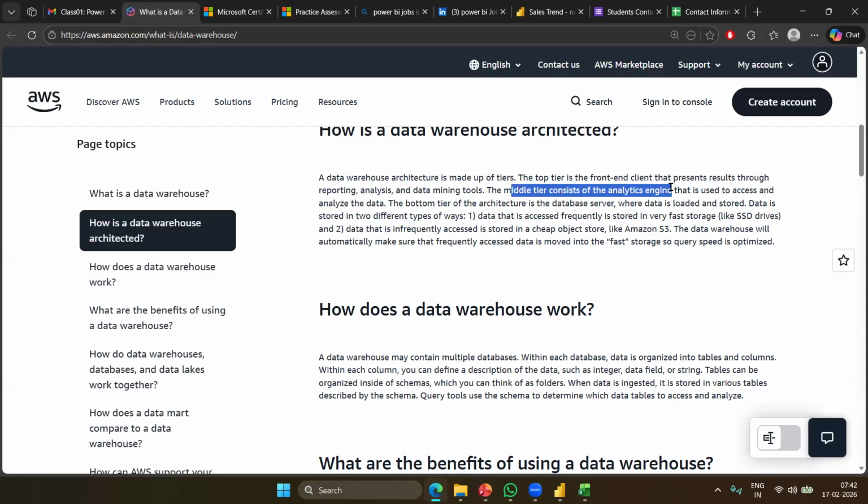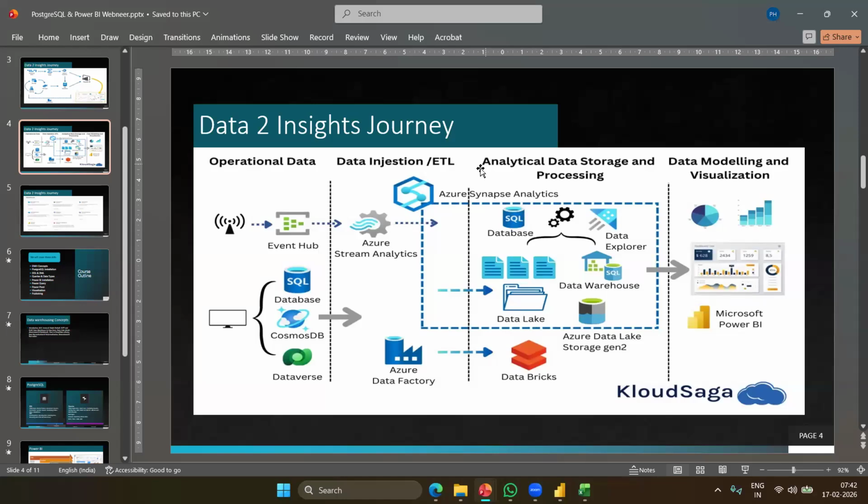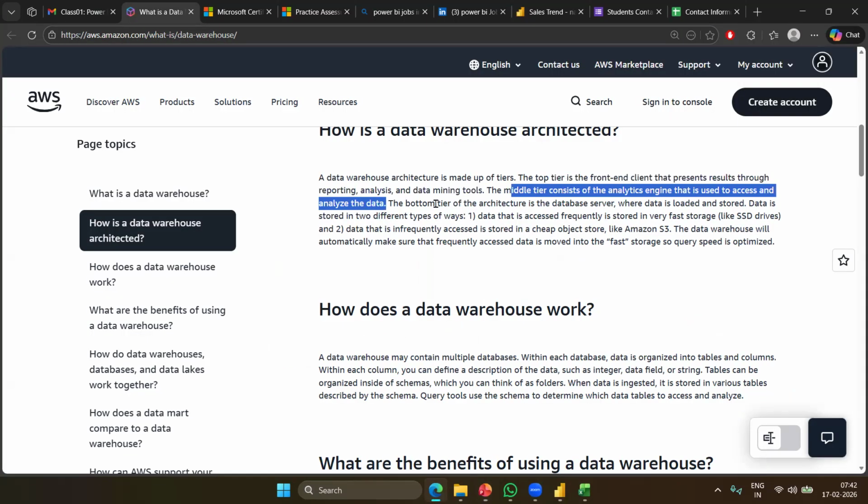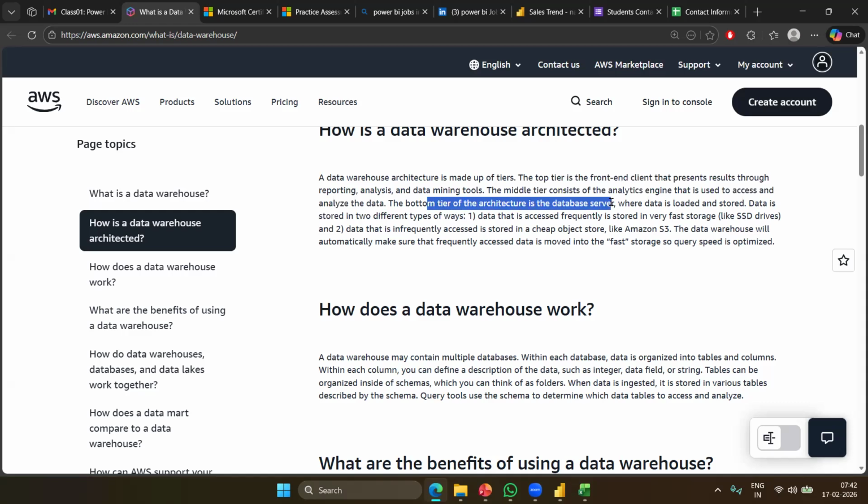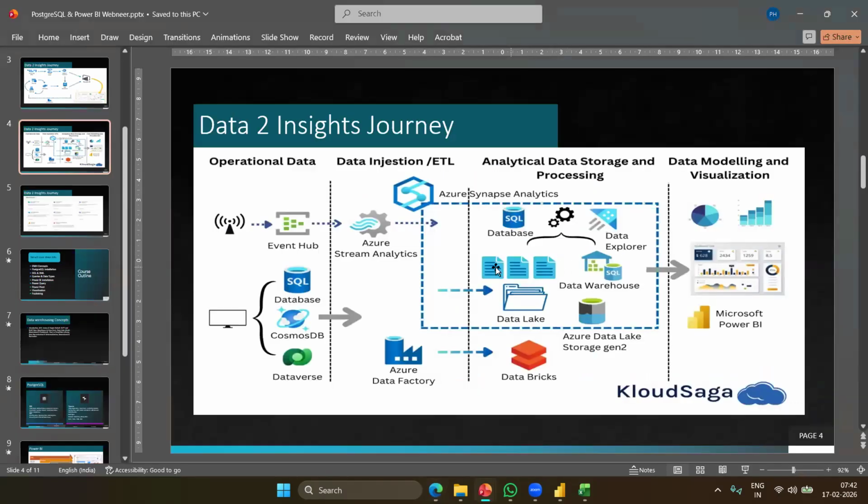The middle tier consists of an analytic engine that is used to access and analyze the data. So this is the one, analytical data store processing. And finally, the bottom tier of the architecture is the database servers, where data is loaded and stored. So either it can be here, ingestion, or in the operational, mainly the ingestion. So correlate this image to the physical thing so that it would be easy for us to understand.